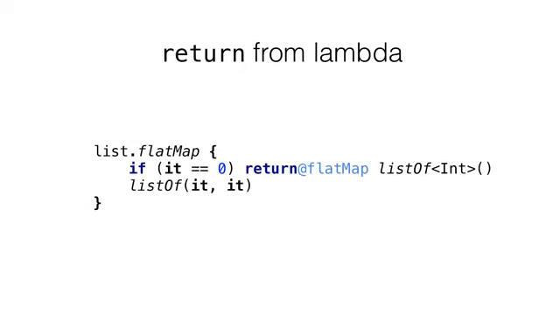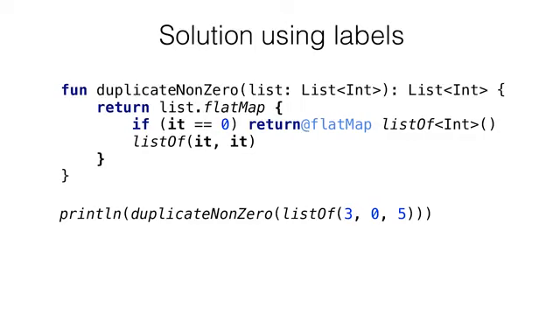What can you do if you need to return from a lambda? You can use labeled return syntax. So for instance, here a labeled return will return from the lambda. By default, you can use as the label the name of the function that calls this lambda. But if you want, you can specify any label name. So for instance, here we provide a custom name, just L, to label the lambda, and you again can use labeled return. So this will be the solution using labels, and here we get what we expect,